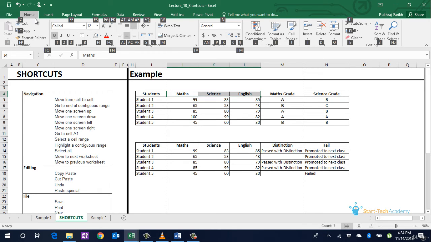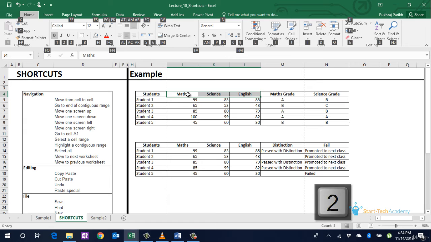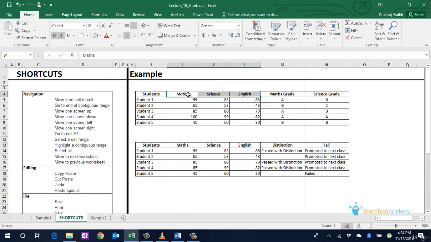But just to show you the commonly used shortcuts, first look at the formatting shortcuts. If you want to italicize these three cells, you tap Alt, then H, then 2, as I is highlighted as 2. You can see that these three are italicized.